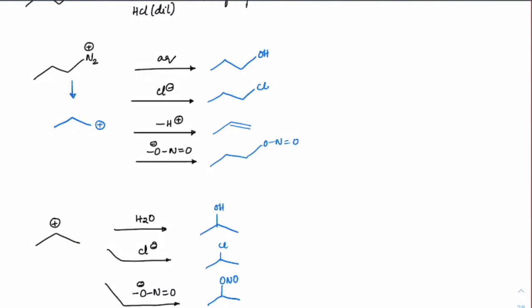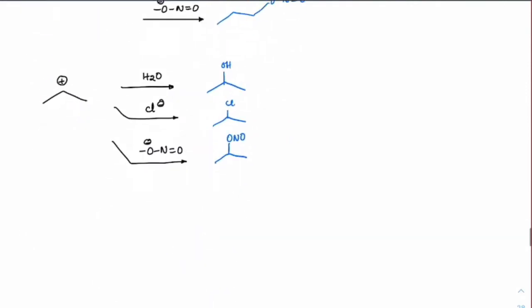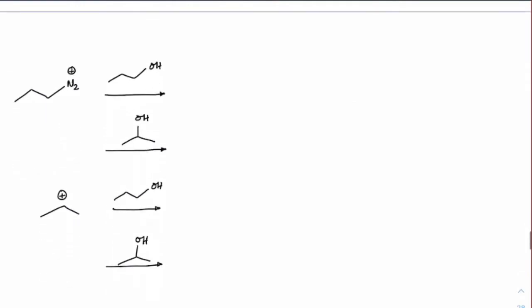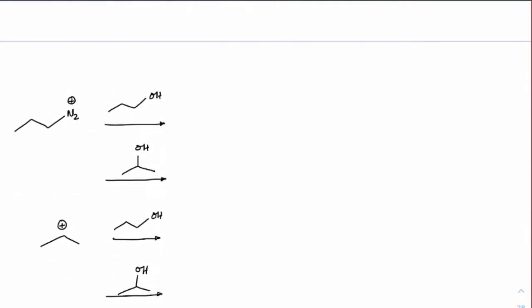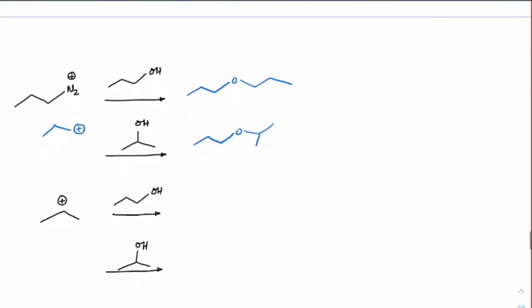Other than this, we can also have ethers. How are ethers formed here? Check it out. With and without rearrangement, let's say we have carbocation formation here. So whatever alcohol has been formed can attack this carbocation. This oxygen can attack here on this carbon and make this ether. And the same way, the secondary alcohol which has formed can again connect here, right? So to get an ether like this, so we can get this ether, right?